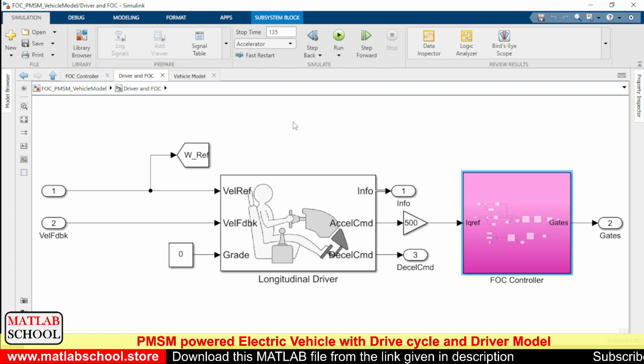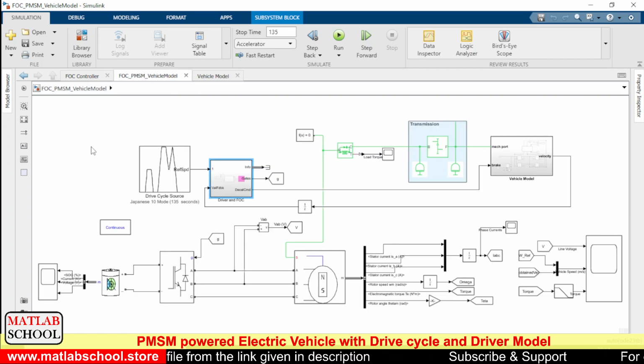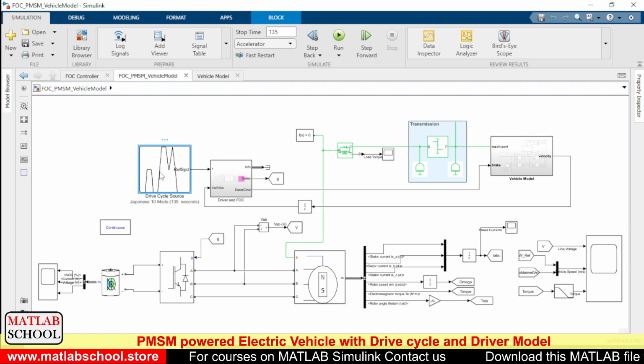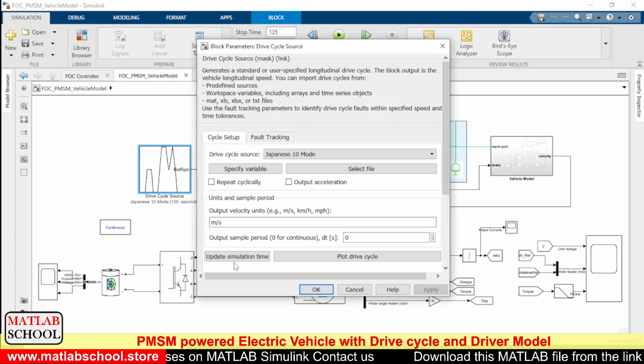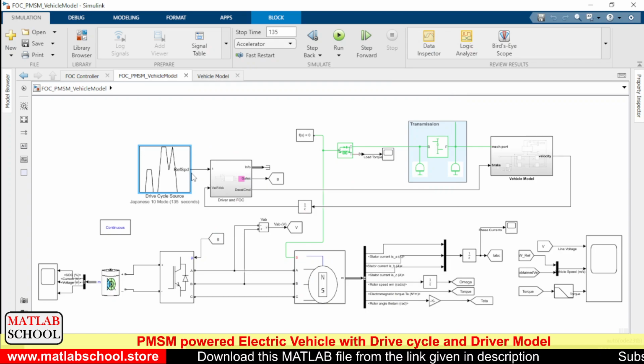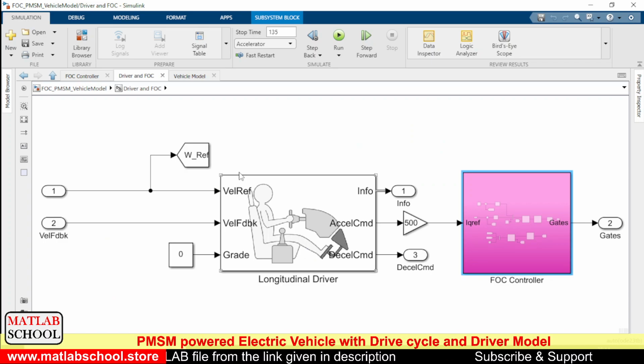Longitudinal driver is the driver model that we have here. This driver model gets the input from the previous stage, which happens to be the drive cycle. The output of the drive cycle will be in terms of meters per second. If you want kilometers per hour, we just have to change this to kilometers per hour. I have kept it as meters per second. The output of this drive cycle is given as input to the longitudinal driver